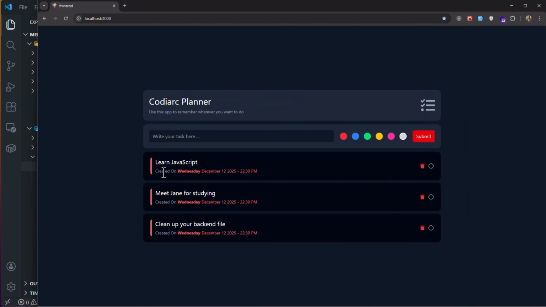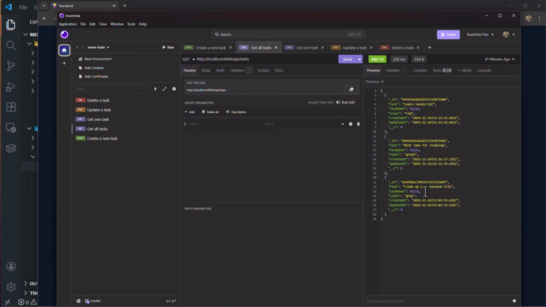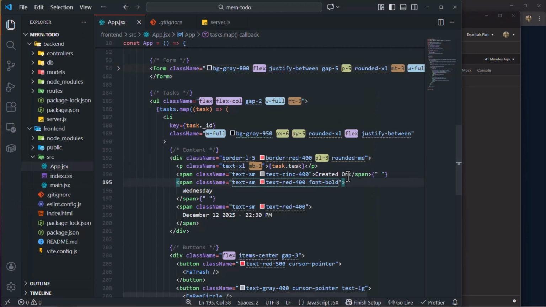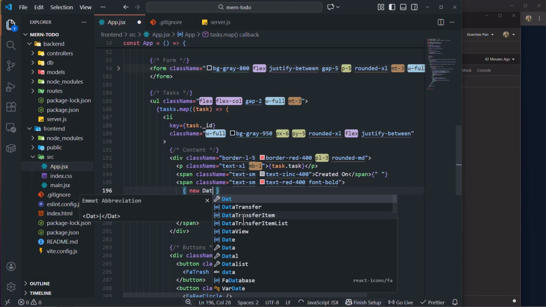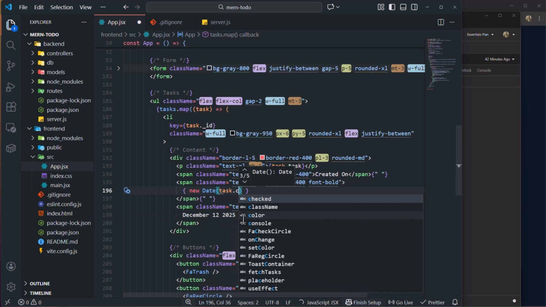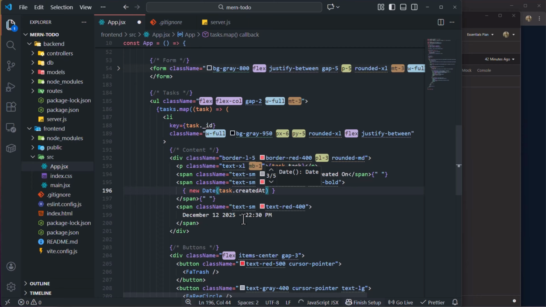Now after that, we want to make these dates dynamic, because we want these dates to come from the database timestamps. If you remember, we had createdAt here, so we want to just get the task creation time. So the first span is "created on", we're not going to change that, but this Wednesday we're going to get the day. So I'm going to open and close curly braces inside that, and I'm going to use the new Date function and we're going to get task.createdAt, and we're going to just use